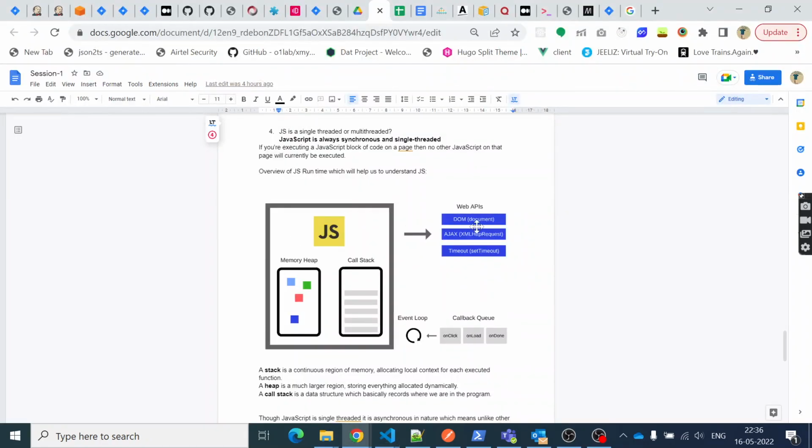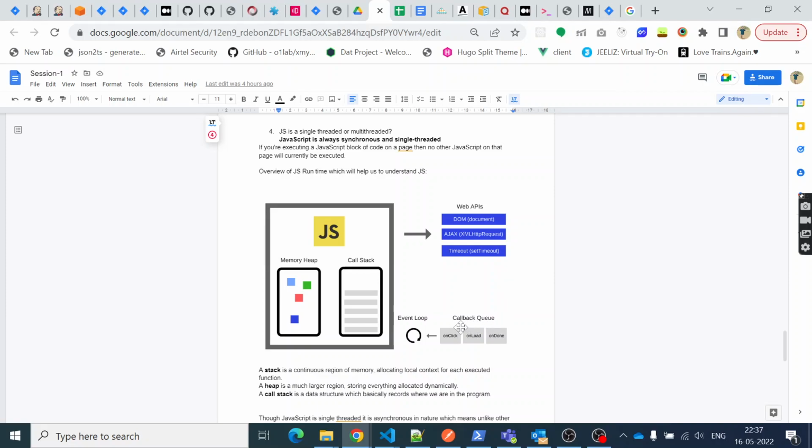Third is the DOM, document updation. If you are updating your DOM, like your web page, it will also be an asynchronous part. And then the timeout, set timeout, which we took as the example. These will not execute immediately, they will go to the queue,